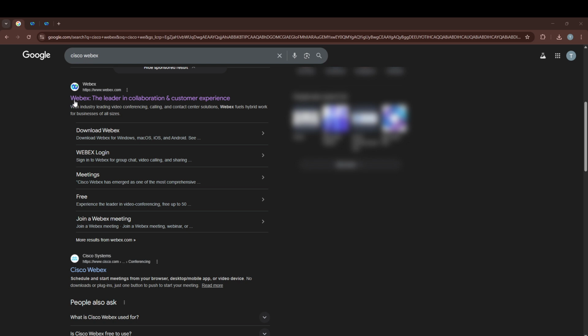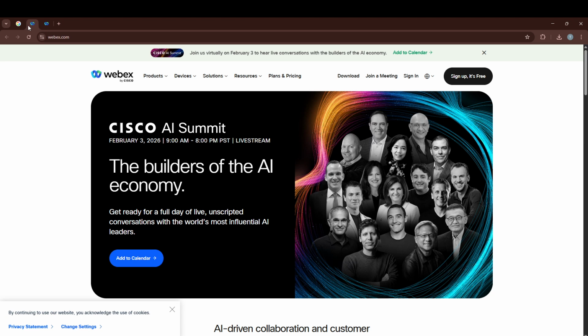First, open your web browser and search for the WebEx download page. Typing something simple like WebEx download will get you there quickly. Make sure you're heading to the official Cisco WebEx website so you get the latest, secure version of the app. On the results page, click the official WebEx site. You'll know it's the right one if it's the Cisco WebEx downloads page with clear options for Windows and Mac